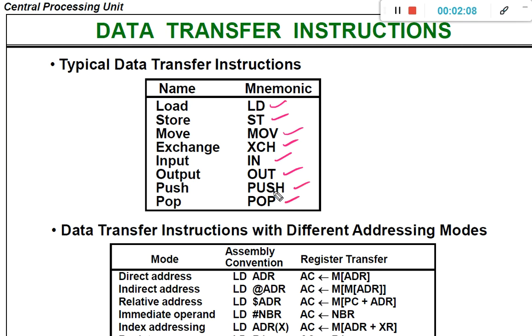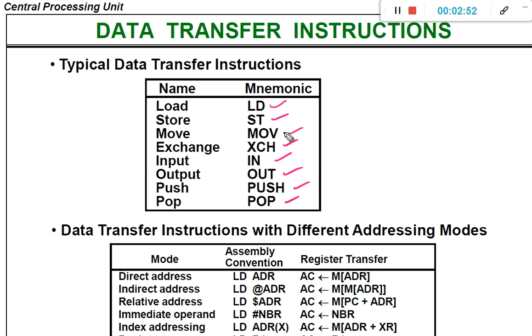Already we have seen several such types of instructions in assembly language code. However, the instructions will differ based on the different types of processors. One processor may contain a set of instructions, another processor may contain another set of instructions, and the number of instructions will be different among different types of processors. These are the basic data transfer instructions that are needed in all types of processors. This is the mnemonic code for performing the specific operation.